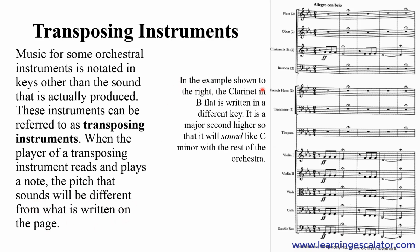In the example shown to the right, the clarinet in B flat is written in a different key. It is a major second higher, so that it will sound like C minor with the rest of the orchestra. So over here, they all have G's. It's all G's, but in clarinet in B flat, it's A, which is a major second higher, because since clarinet in B flat is a transposing instrument, it will sound the same when it's played with the rest of the